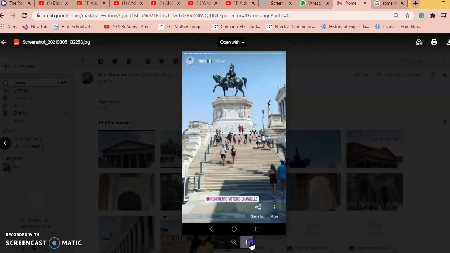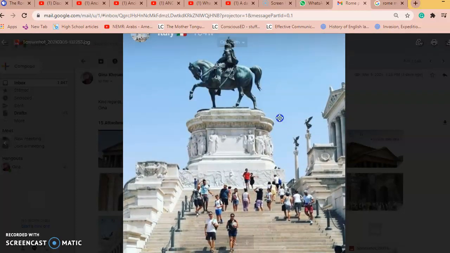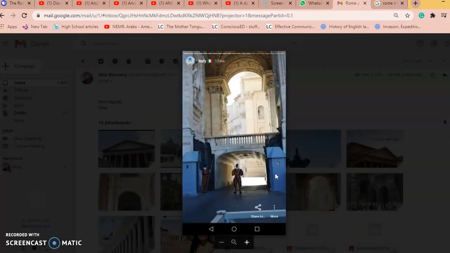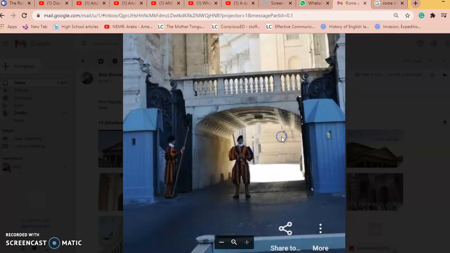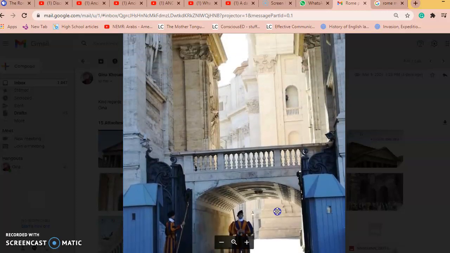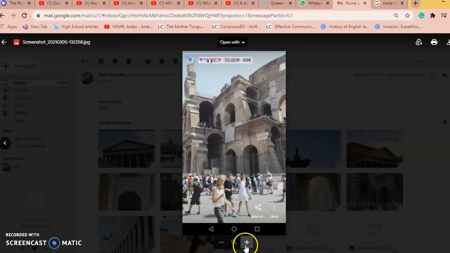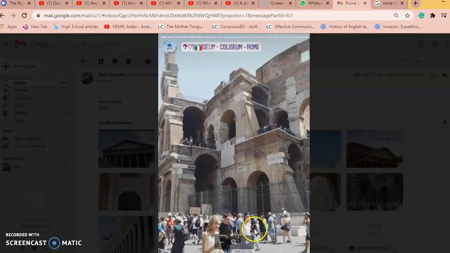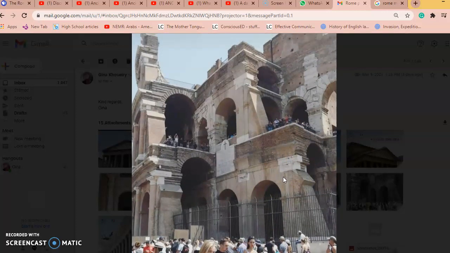Okay, here you also see one of the castles, I think. Also soldiers. This is how they dress. And if you can see the architecture, the buildings, the details, look at the details. This is the famous Colosseum, which we will study about. The king or the emperor used to use it for entertainment.